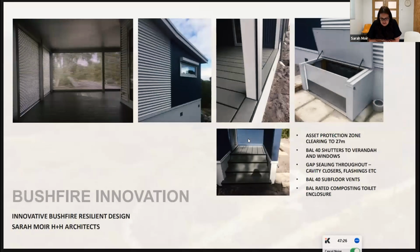So some of the other features that we had that were, I guess, innovative in terms of bushfire design, the bushfire shutters around the verandas. We had Harvey deck flooring to most of the outdoor veranda spaces as well. The Colorbond cladding and roofing was gap sealed throughout with cavity closers, flashings and all our detailing to comply with AS 3959. We had BAL 40 subfloor vents, and another unusual thing that I hadn't come across before was that